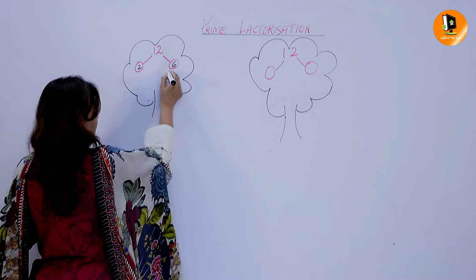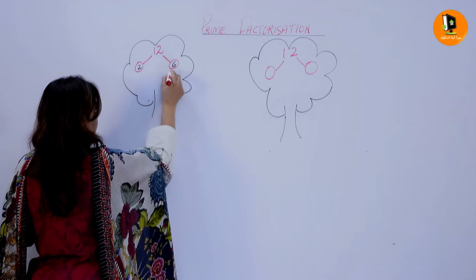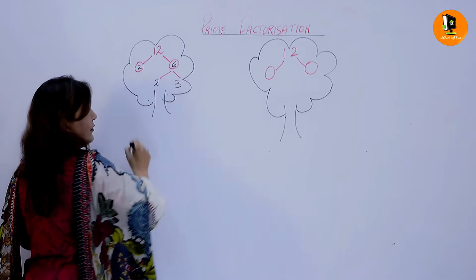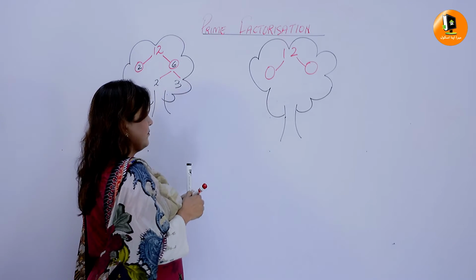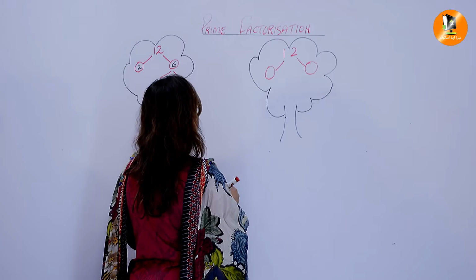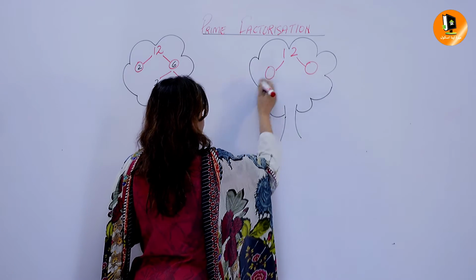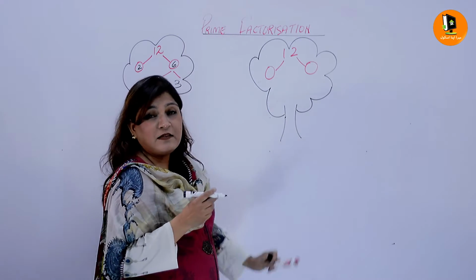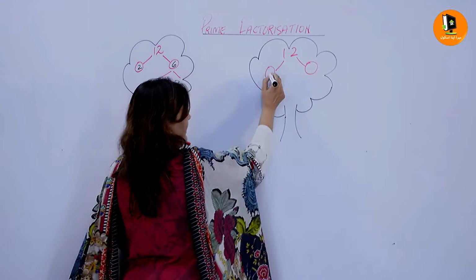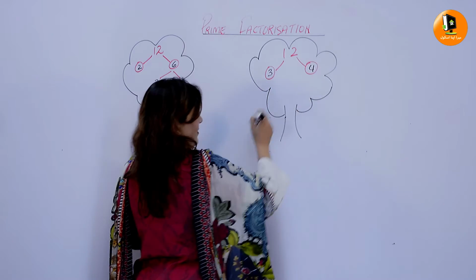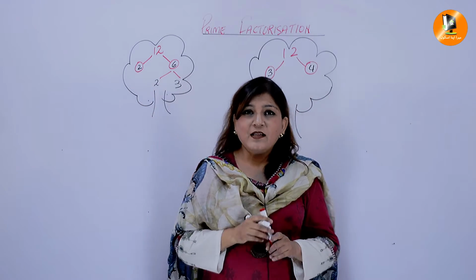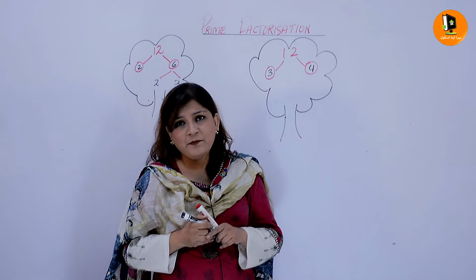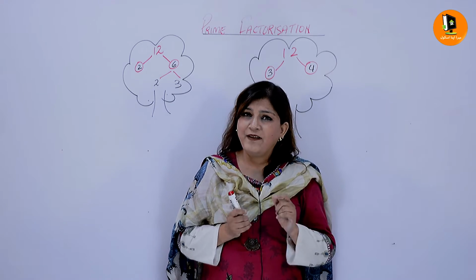What are the factors of 6? The factors of 6 are 2 and 3. And here in this second tree, the factors of 12 are 3 and 4. 3 fours are 12. Here we have factors 3 and 4. 3 is a prime number, so it will not have more factors.